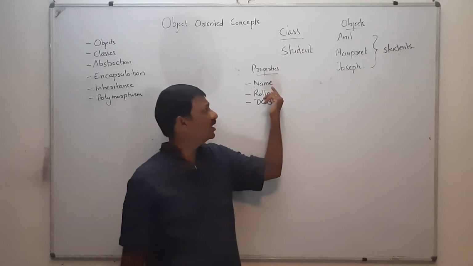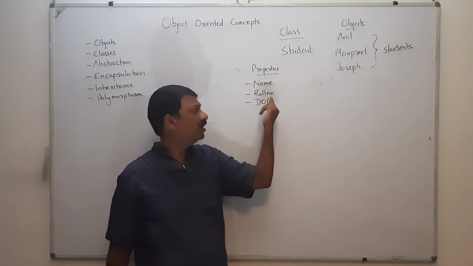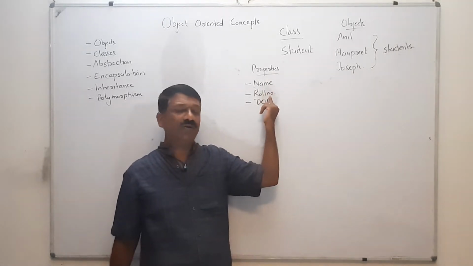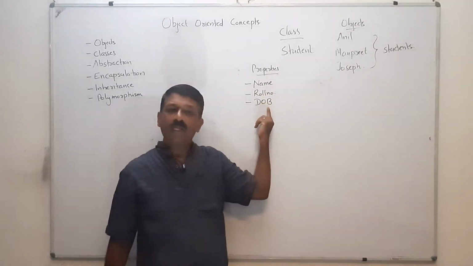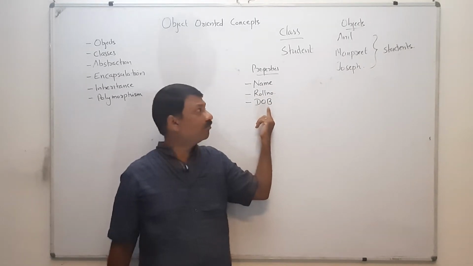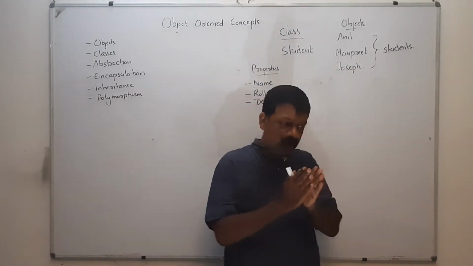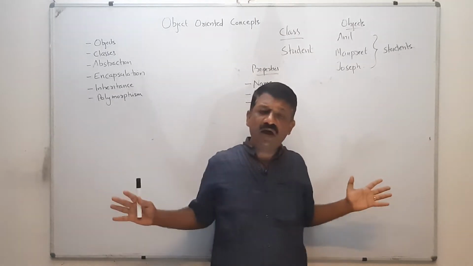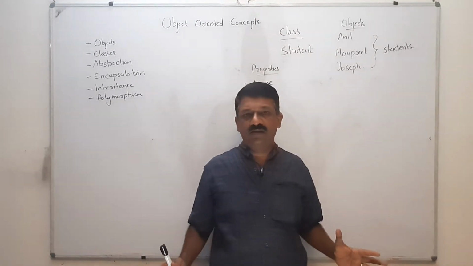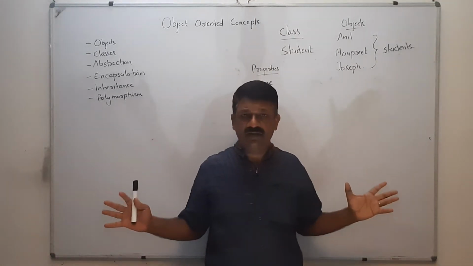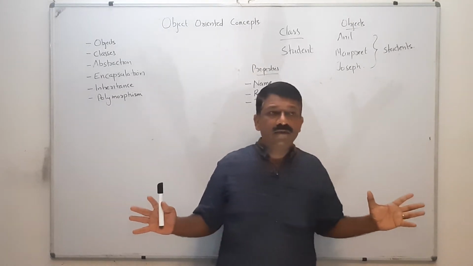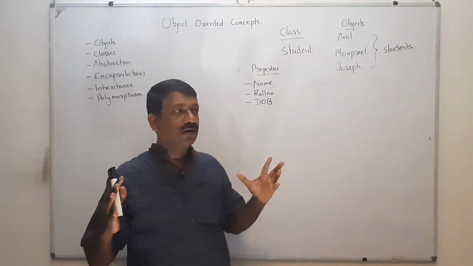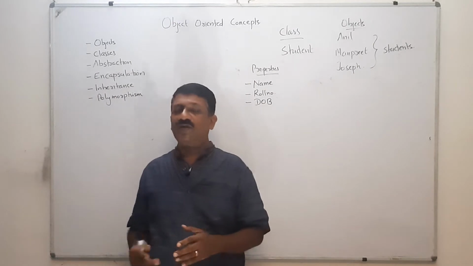For example, a student has got a name, then she has got a roll number and date of birth. That means in the real world you have a set of objects. That means everything is an object. Then when you are classifying this into a set of classes, for example, suppose that